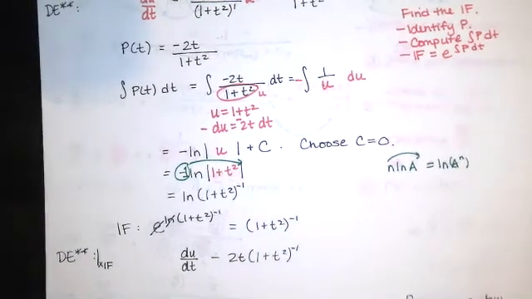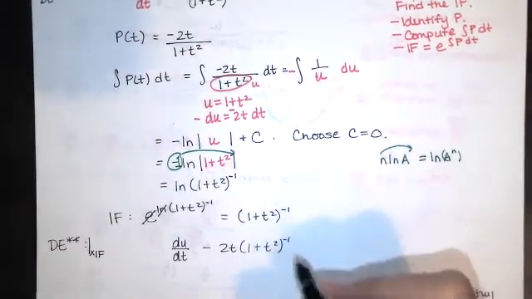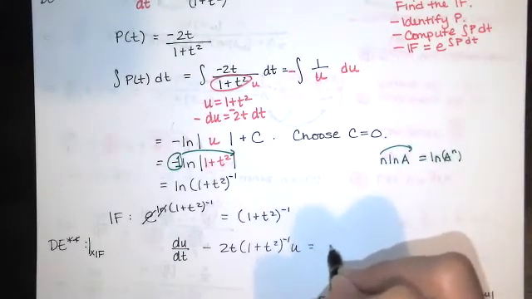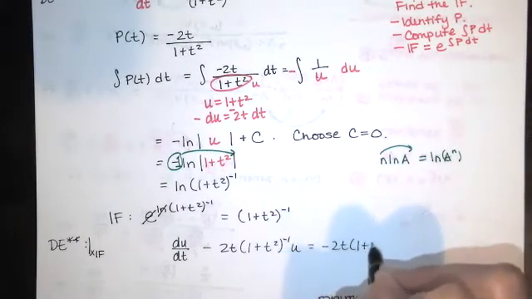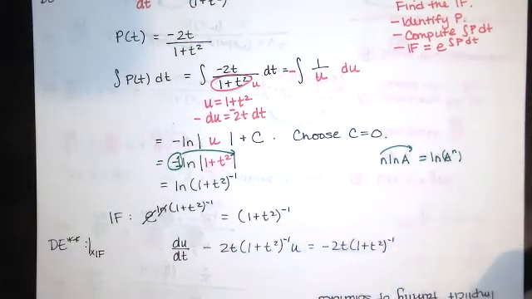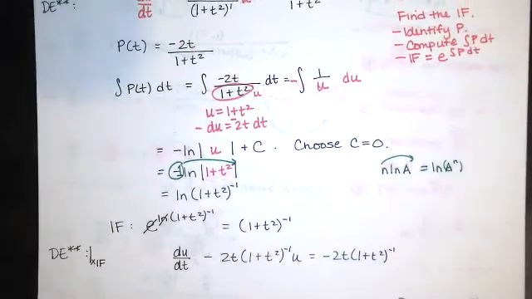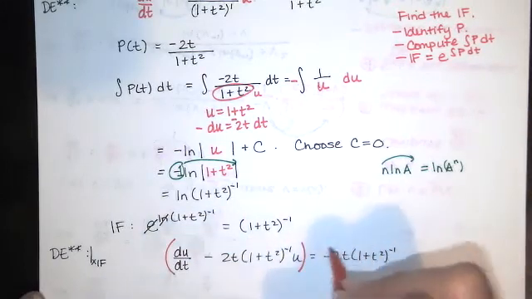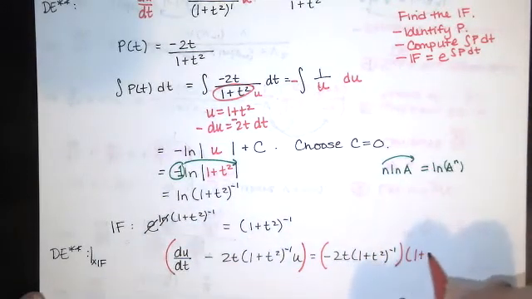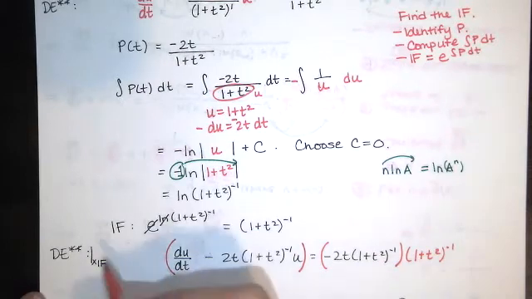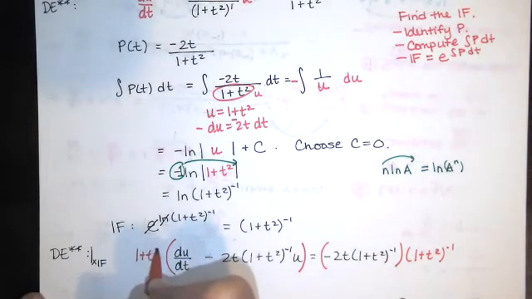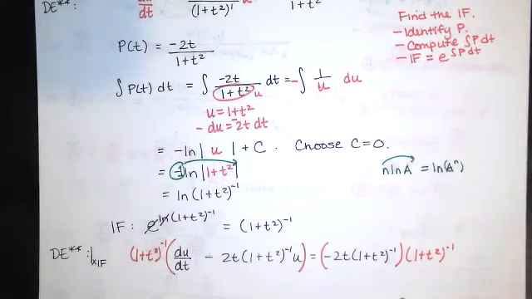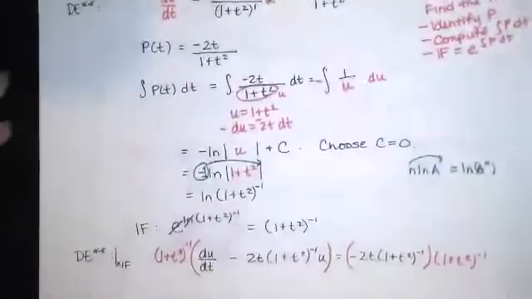So it's going to be (1 + t²)⁻¹ times u equals -2t times (1 + t²)⁻¹ on the right-hand side. Now I want to take every single term and multiply both sides by my integrating factor, which is that (1 + t²)⁻¹. So this becomes